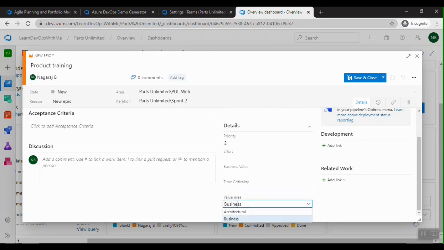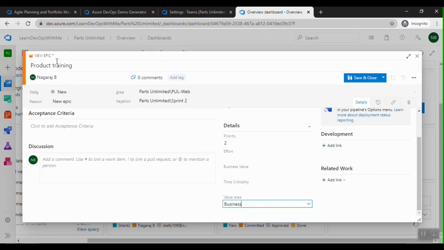Again, in the value area, we have business and architectural. Business is when we implement this epic, we are solving a customer need or scenario. Or it can be architectural, where we are changing or altering the application design or architecture in order to provide a solution to the customer. Let me choose it back to business.